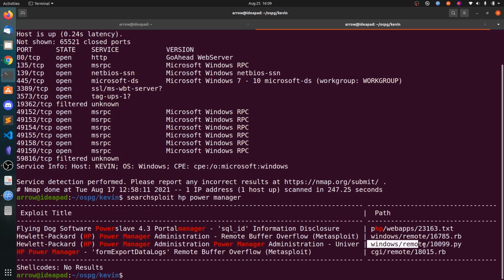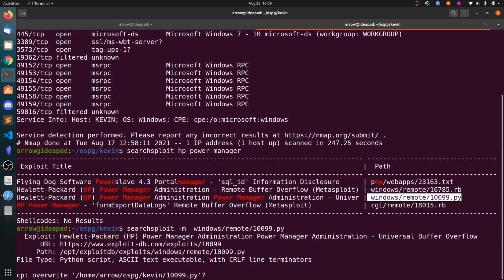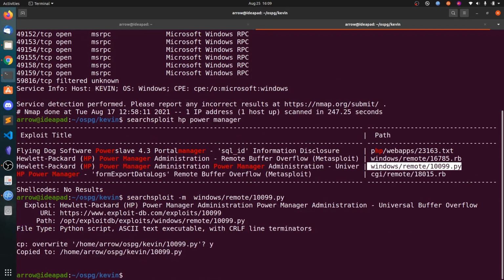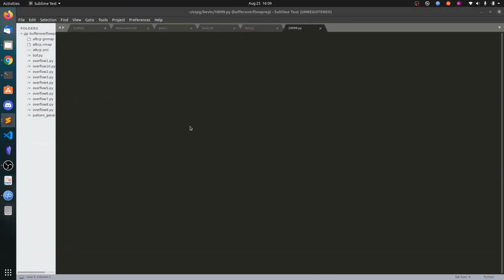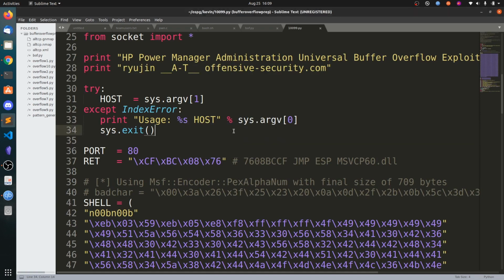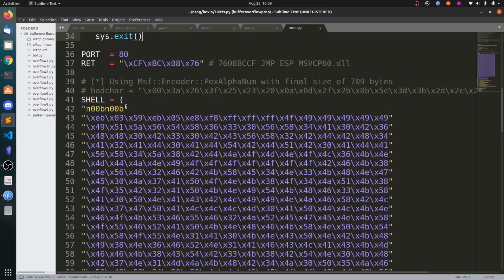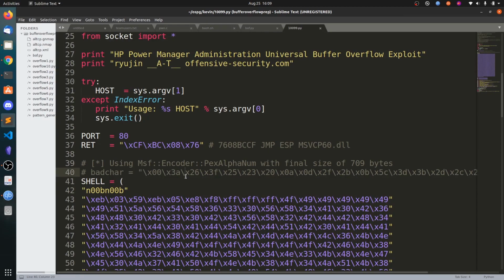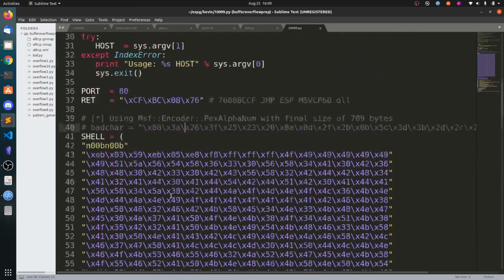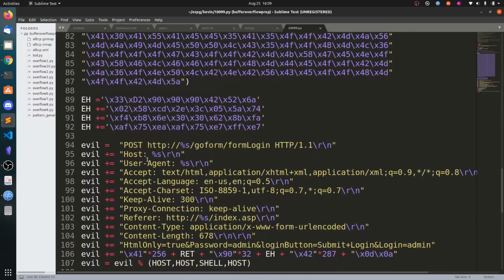So let's mirror this one. Let's open this in Sublime Text. So it's like a buffer overflow, and you can see this is the egg. So this looks like an egg hunter shellcode. What this actually means is I think this is the actual shellcode.